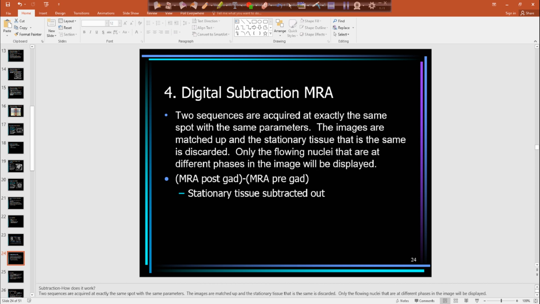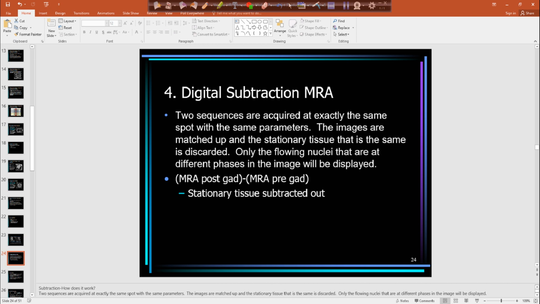All right, so for our first MRA technique is our digital subtraction. Basically, we have two sequences that have the exact same parameters. That's why those MRI techs freak out if you change any of the parameters of the pre and the post. They're like, don't mess with any of the parameters, because if you do, it won't automatically subtract. Because you might have two different fields of view, which means your voxels are going to